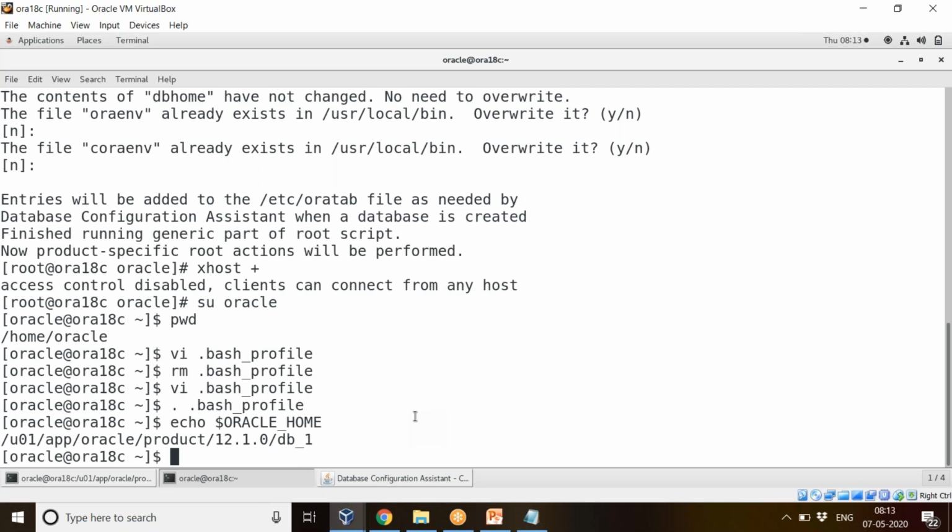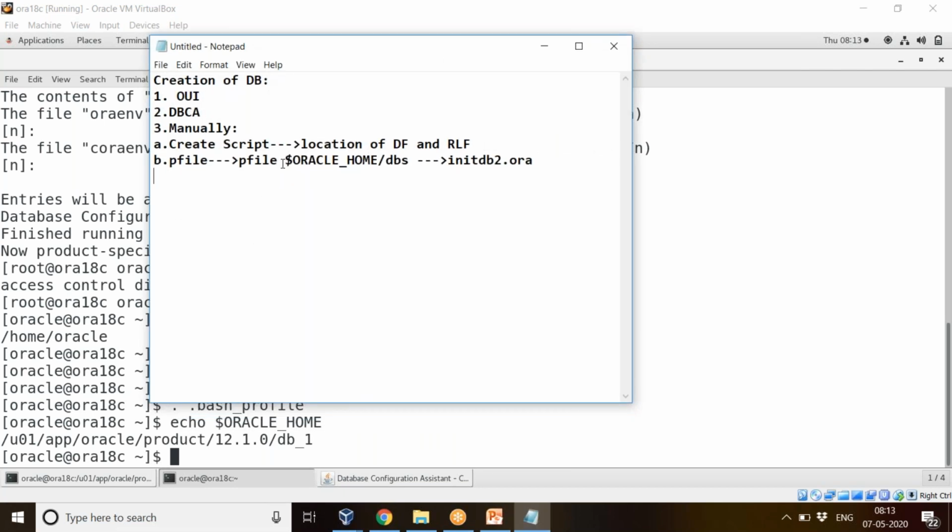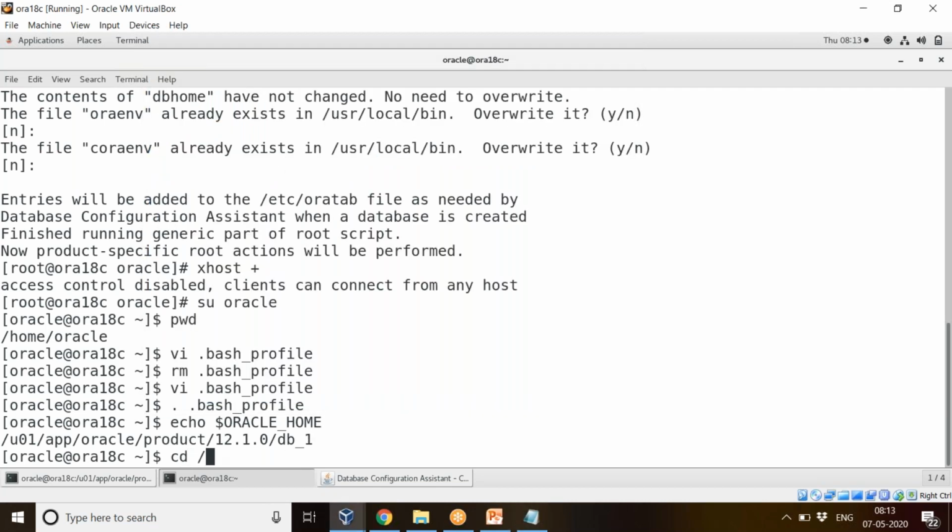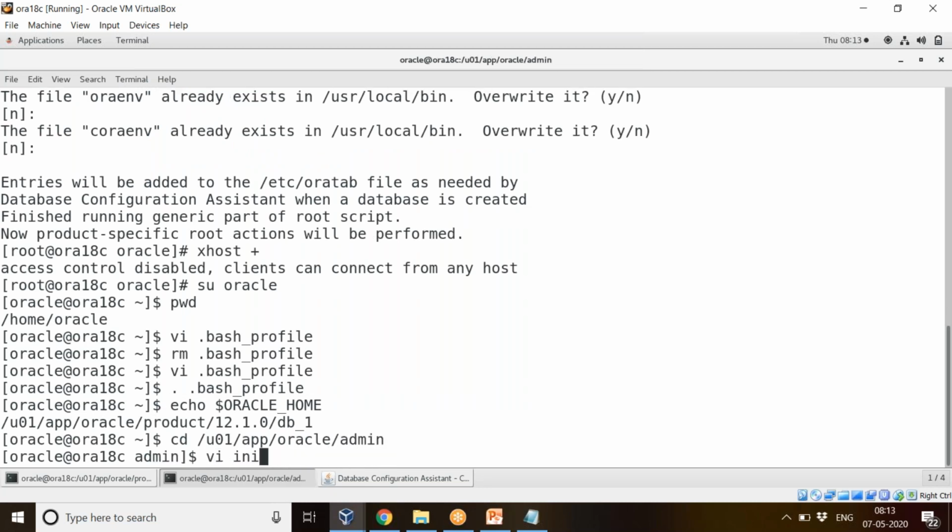My P file normally would be under $ORACLE_HOME/dbs only. Fine. But $ORACLE_HOME/dbs only normally the default location is. But since manually I'm creating, I can place my P file anywhere. So for example, u01/app/oracle/admin also I can create. So I'll go to u01/app/oracle/admin. So vi initdb3.ora.